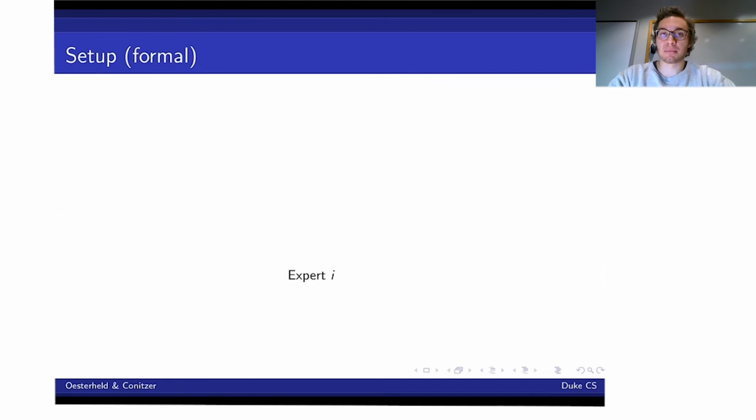Okay, now I describe the kind of mechanisms that we consider in this paper. So the expert can first choose an evidence variable that they want to acquire. Then they observe the value of that evidence variable. Of course, they have to pay the cost for that. After observing the value, they can submit a report. And this report could be the true value of that evidence variable, the true value that they observed, but they can also misrepresent this value. So, for example, they could claim that they obtained some really useful bit of information, even though they didn't.